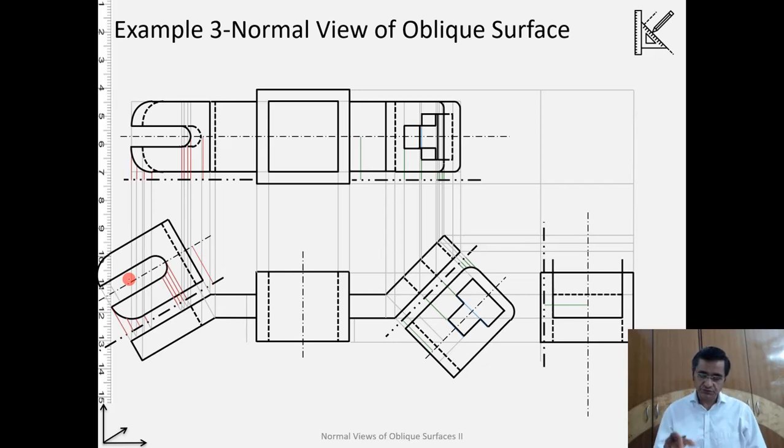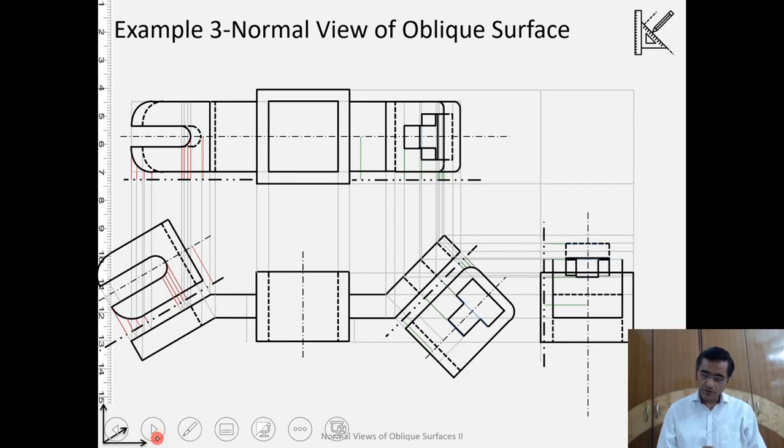For the objects which I have given here, try to do it yourself, then you will learn it in a better manner. Of course we are able to learn here in this lecture the concept of it, how it is being done, and that is more important. So if I create the profile view, yes, using all these projectors, that is how the profile view for this side appears. Similarly I will start doing it also for the other side here.